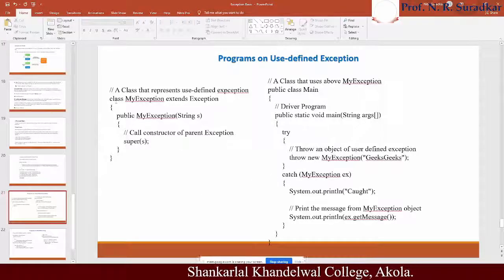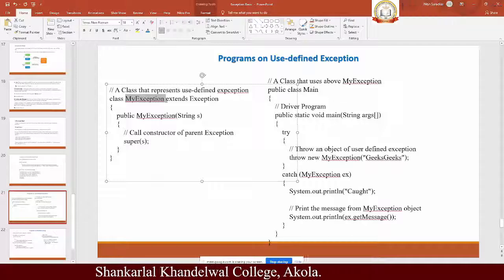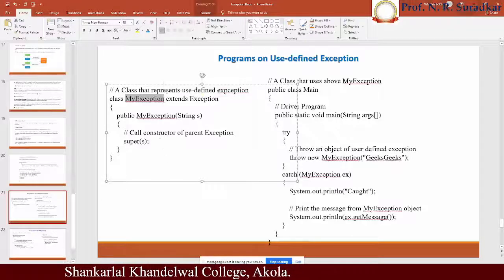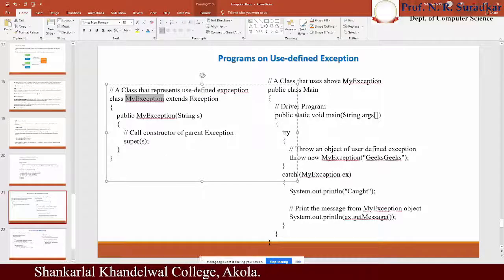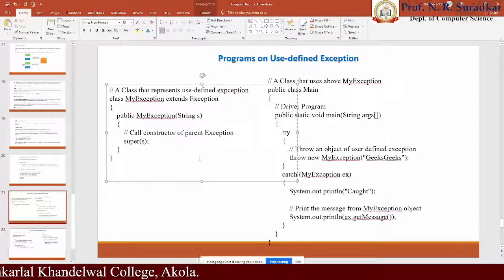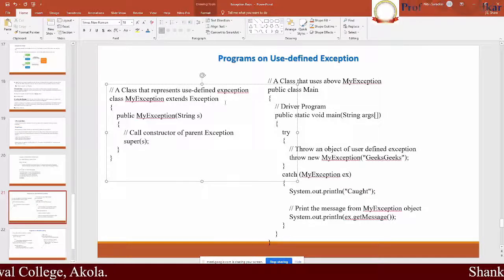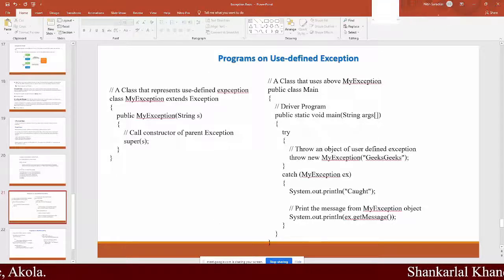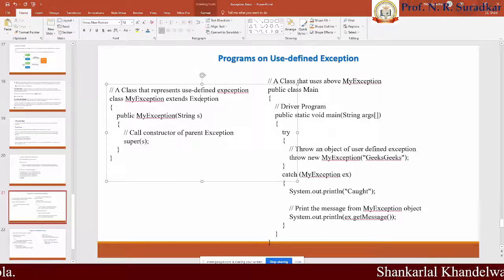Here we created a class whose name is MyException. MyException is a class name. Then the extend keyword is used to extend the Exception class, that is, extends Exception. This is the procedure by which we can handle an exception.